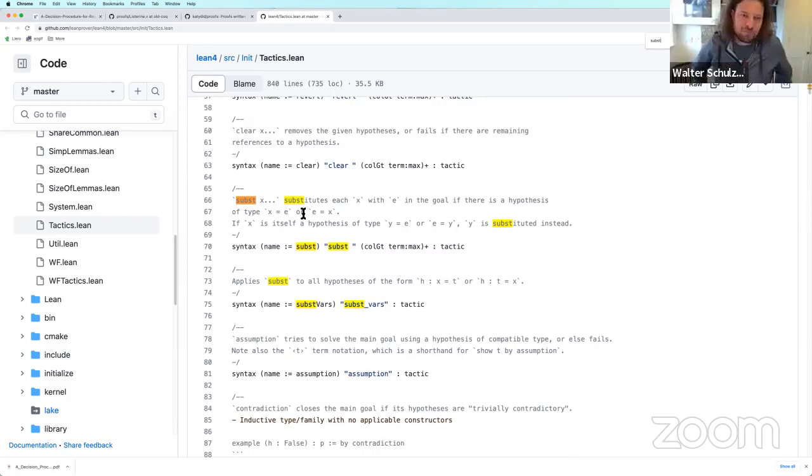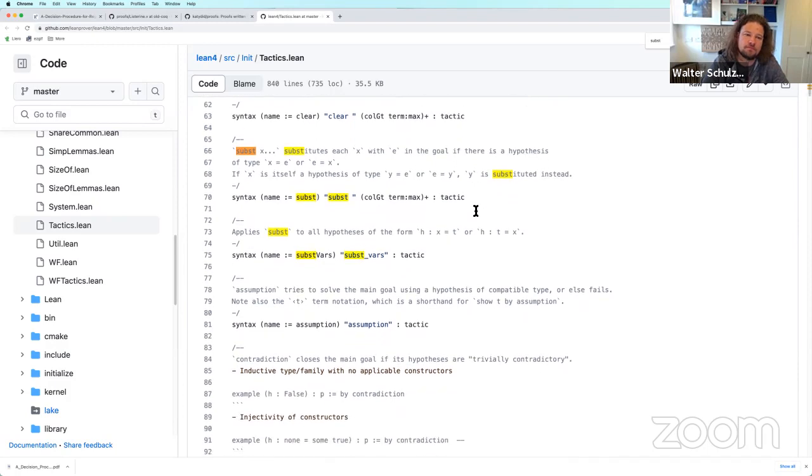Only in the goal? So that's the default behavior of rewrite, I think. It only affects the goal, unless you specify. But subst vars, I think that's what we want. Yeah, all hypotheses.